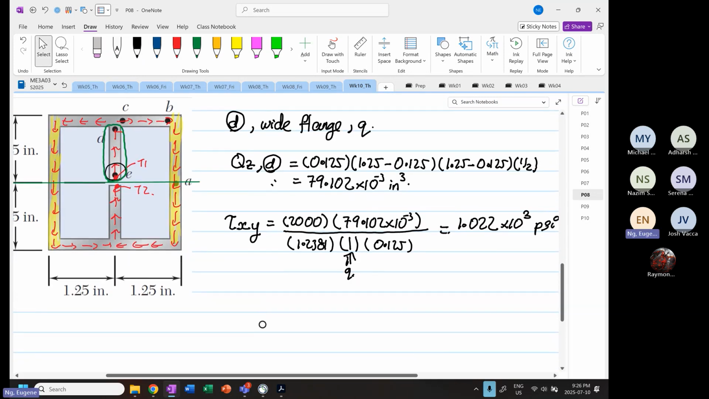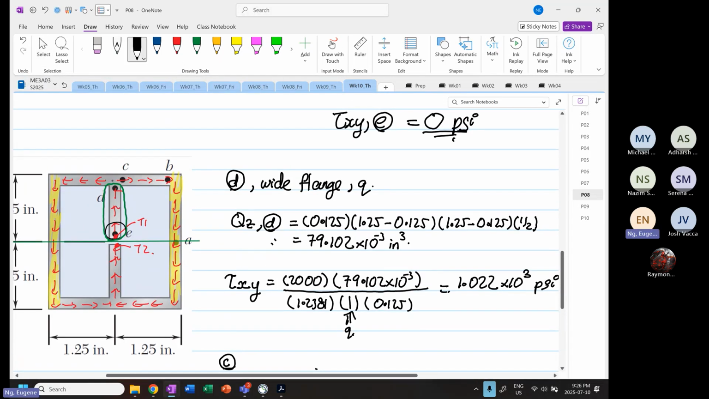Now let's look at point C. At point C, this is a junction now, not a terminal. And the junction splits into two. So now if you look at a wide flange,